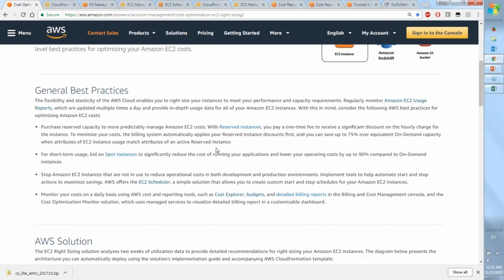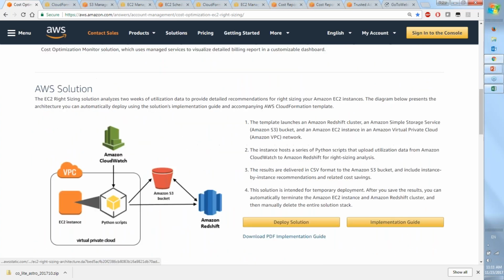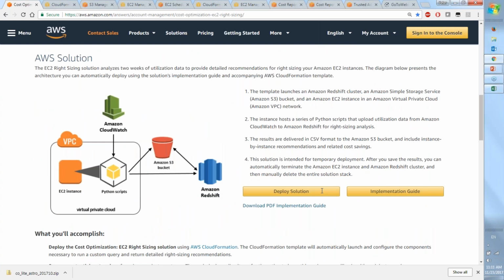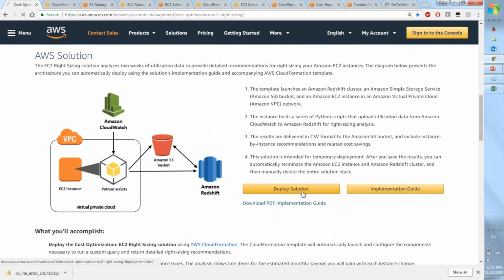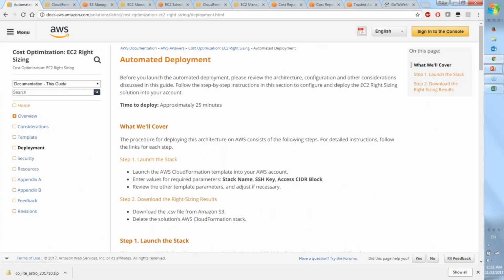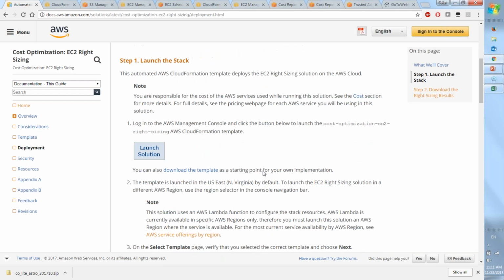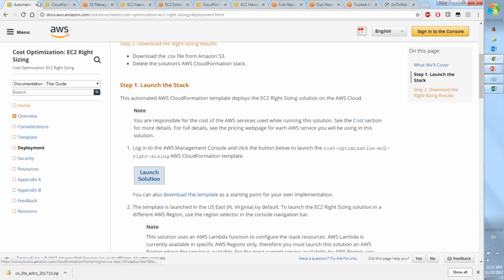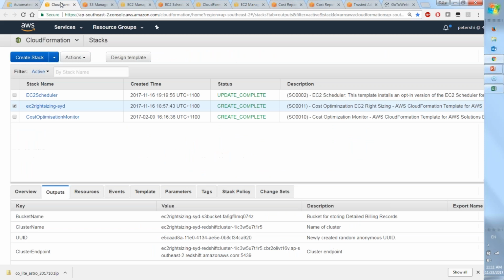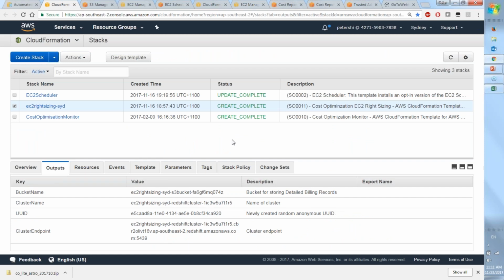So when I first launched this myself, it took about 15 minutes to set up, so very quick. You deploy the solution, and it takes you to a bit of documentation and a button to launch the solution. And so what it launches with a few parameters is a CloudFormation template.